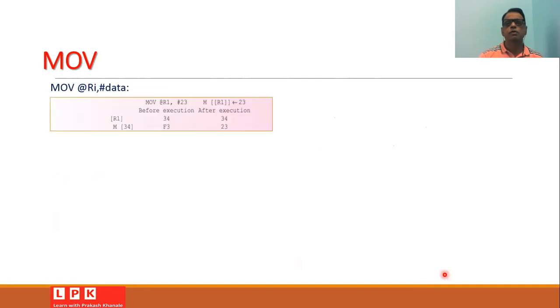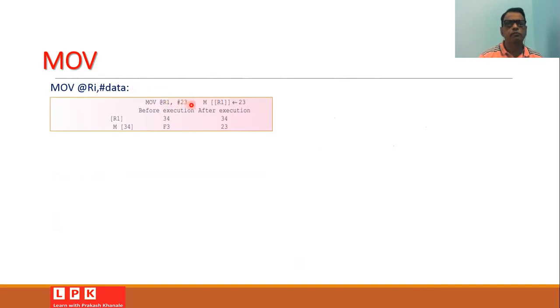There are different forms of the move instruction. For example, we can write MOV @Ri, #data. In this case, the data supplied in the instruction will be moved to the memory location whose address is stored in the register Ri.